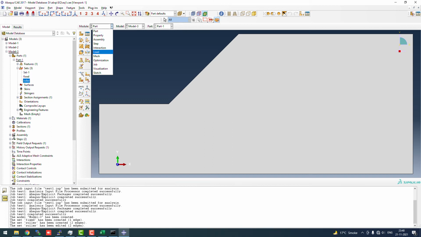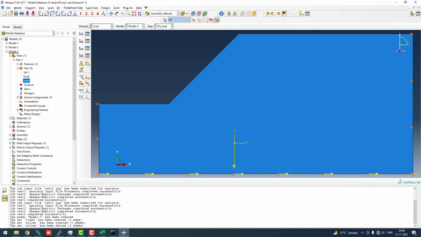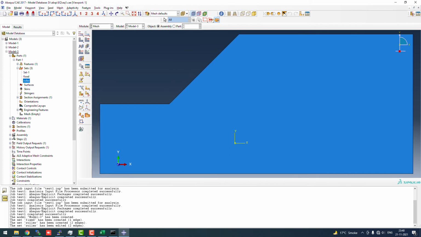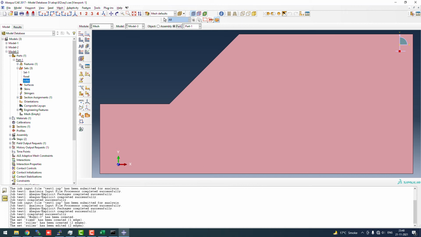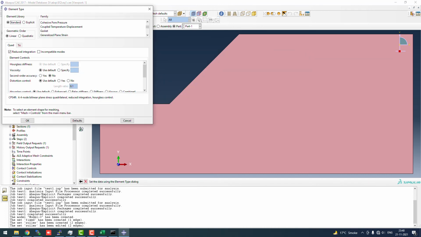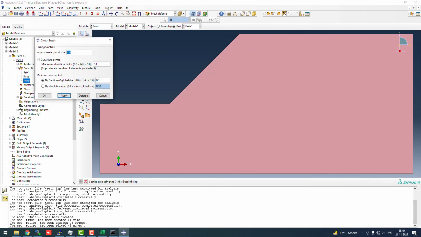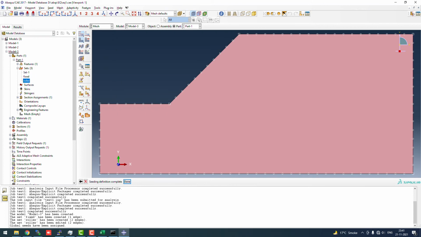Now after loading, the boundary condition is done, loading is done. What we have to do is go to mesh and mesh this geometry. We can use a plane strain element, that is much better in this case, and just click on OK and dismiss this and apply a mesh of, let's say, size 0.5 and click on OK and click on yes.